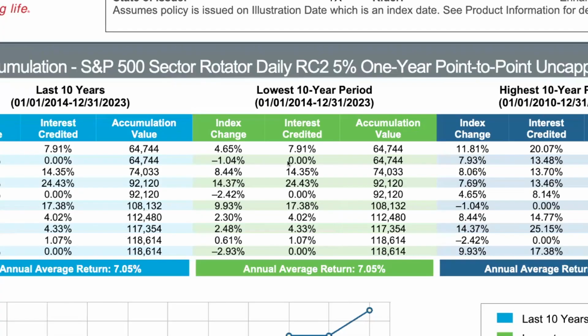7.05%. Now look here, you had 3 years that did zero, right here, right here, and right here. You also had 1 year that did 1%, right? But you also had years that did 14%, 24%, 17%. So the point is, wouldn't it be great not to lose like right here, but then the following year to be able to earn 14% and 24%? You see what I'm saying? Like, that'd be incredible. That's why we need to move your money here.